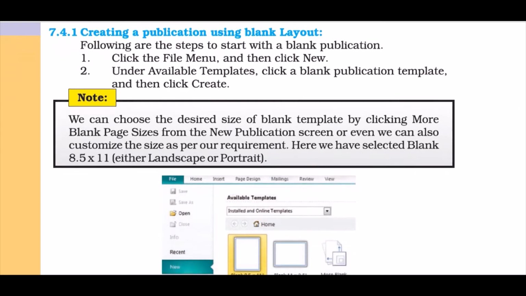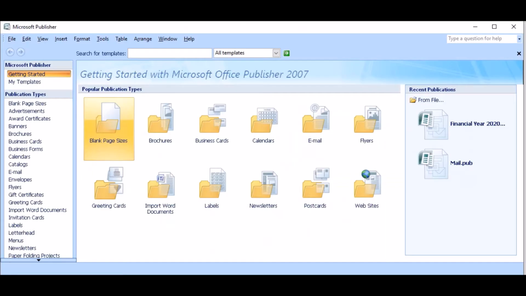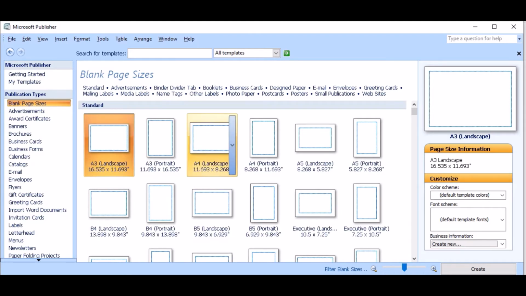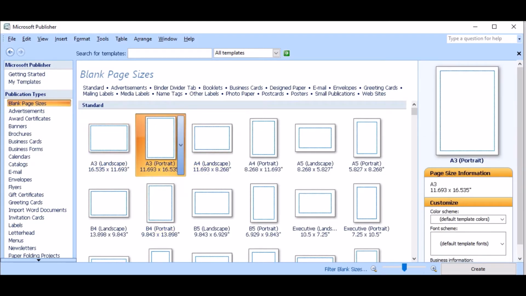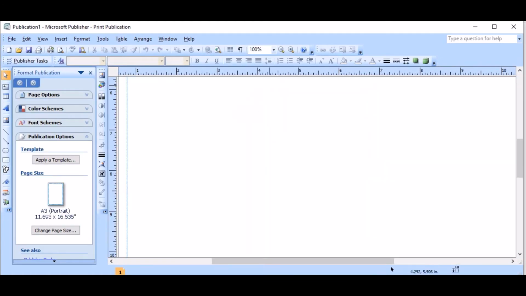We click on the blank page, file menu, and the options will be here. Blank page, whatever page size that we want, A4, B4, you can click on it and this will be the page size. According to this, you have many options. Like in Microsoft Word, you can insert any kind of shape, design, text box.